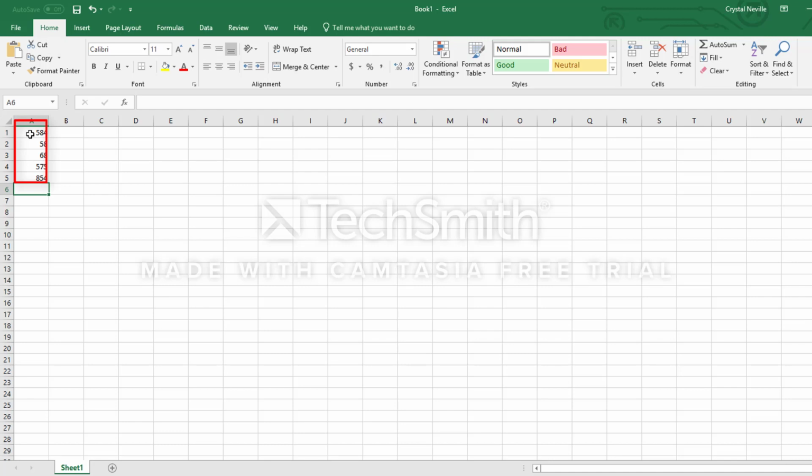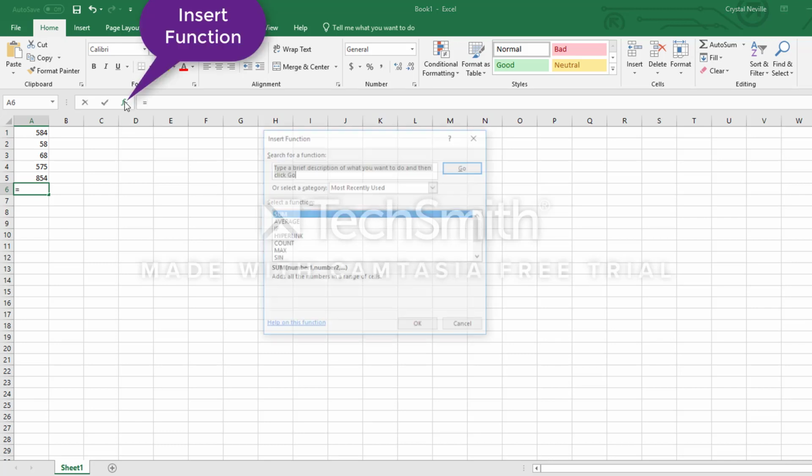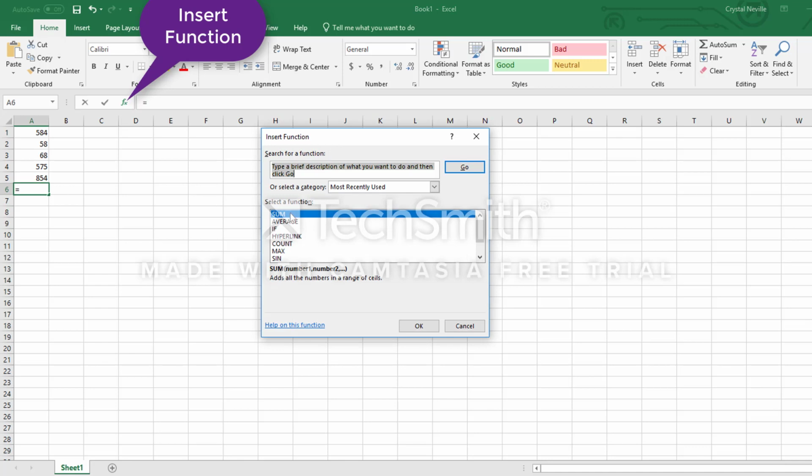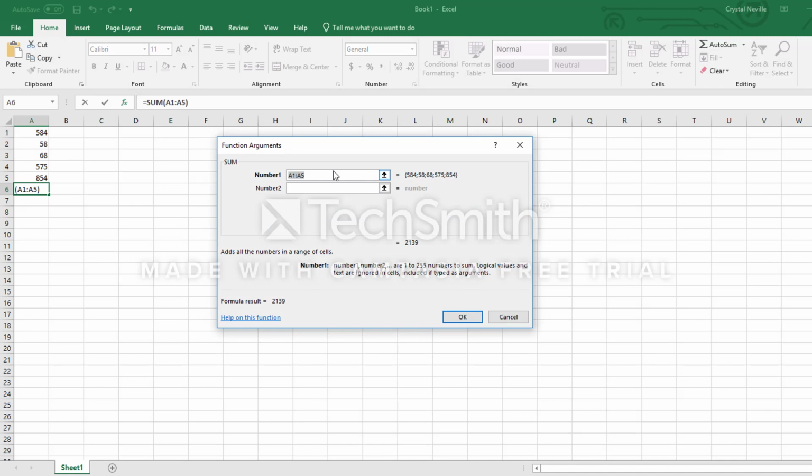Now to enter in functions, there's a few different ways that we can do this. One way is the function insert button or insert function button. We can click on that and we can enter in sum and click OK, and then Excel automatically puts in what it believes we're trying to add up, which is A1 through A5. In this case, Excel is right, but we do always want to make sure that we check this to verify